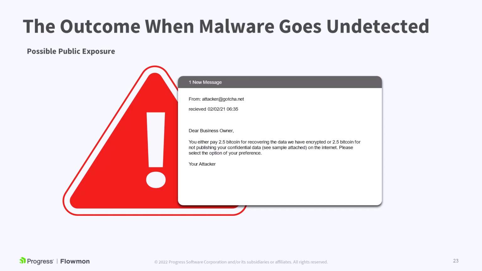Due to Flomon's flexible ability to integrate with perimeter and endpoint security solutions, this attacker could have been quarantined in its discovery phase via an automated approach. There is a price to pay for lacking powerful network detection and response. And with that, I'm going to hand things over to Andy to take us through the complete picture and brief